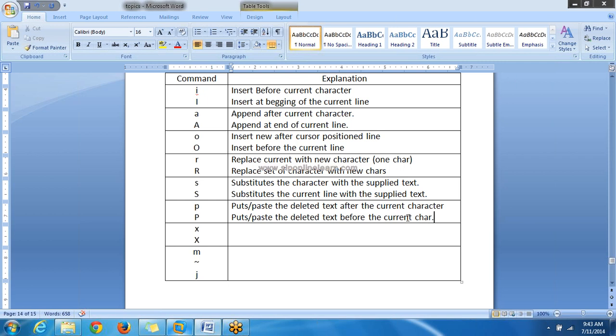Generally when you paste some text, see here I am selecting this text, I am copying this one, or I can delete it by pressing Ctrl X, right? Now I am placing my cursor here. If I paste it here, what will happen? That will be inserted after this current character C, right? The same way, small p pastes the text which is in the buffer, after the current character, and capital P pastes before the current character.